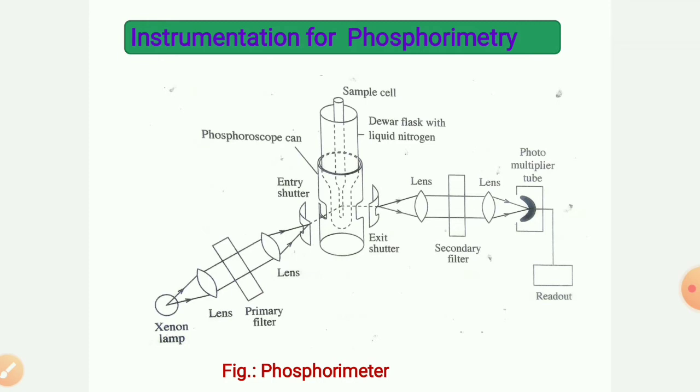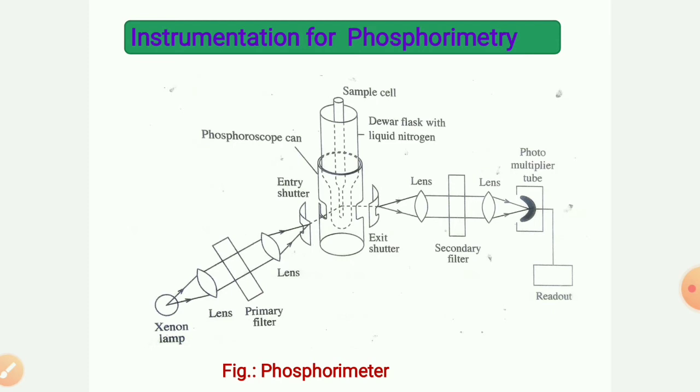As shown in the figure, the phosphoroscope consists of a hollow cylinder, or you can say the can, having two slits or windows in the circumference, which are equally spaced. A pair of rotating shutters is so arranged that the opening in one is in line with the uncut portion of the other.